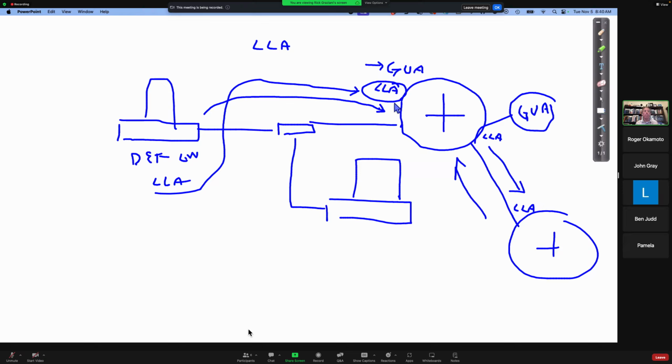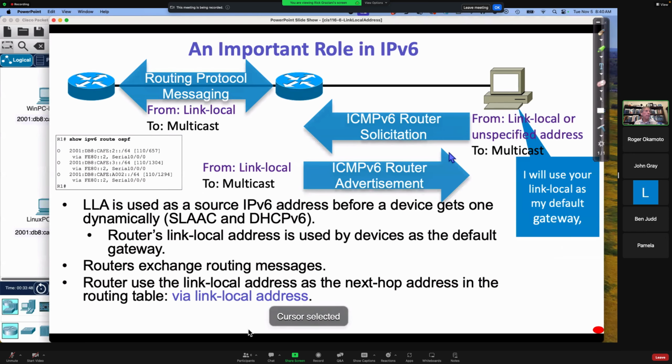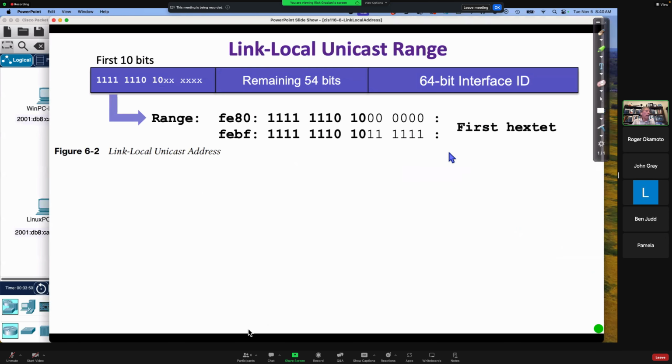Okay? Link local means I'm guaranteeing that I'm on this link with you. You don't have to worry about this address, like a global unicast address or an IPv4 address, being somewhere else. All right. Hopefully that makes a little sense for you. All right. So link local address